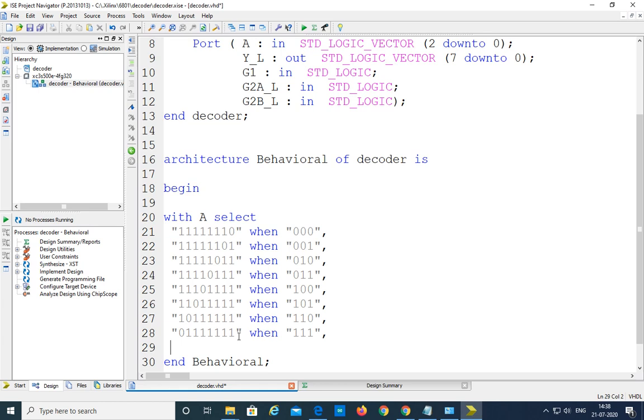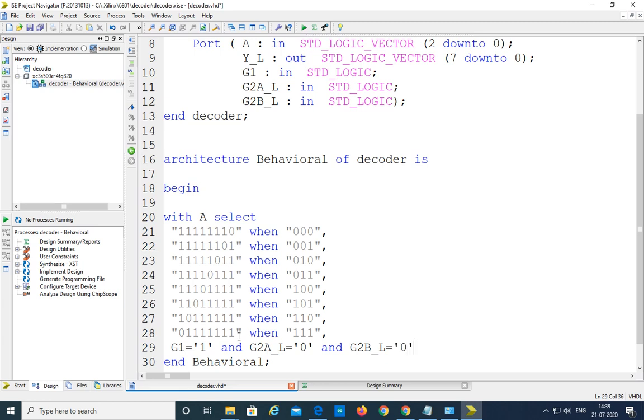So to enable this IC, we have to give the input combinations. G1 is equal to 1 we have to give, and also G2A underscore L should be given as 0, and G2B underscore L is equal to 0.